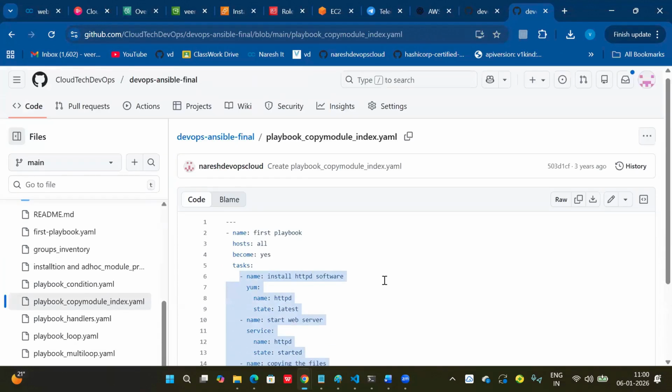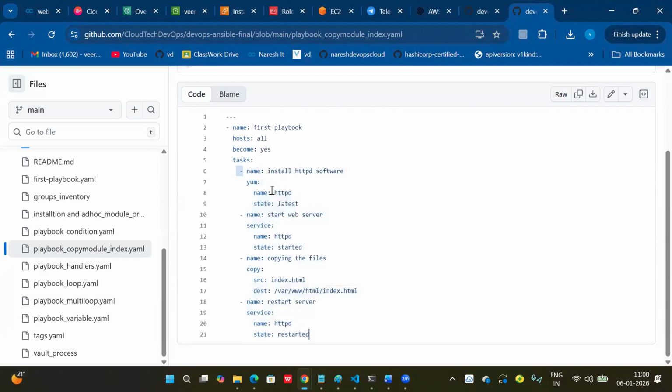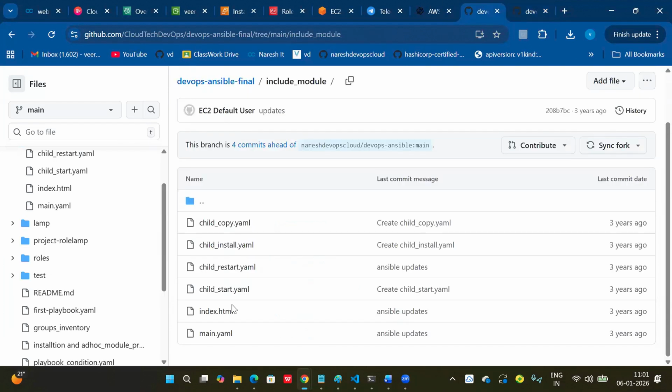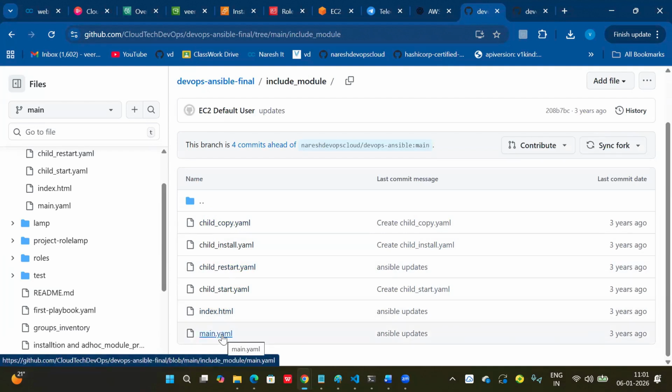The include module concept is what? We can separate these tasks into child YAMLs. Okay, you can see here: child start.yml, child install.yml, child copy.yml, child restart.yml. Here index.html is also there. Here main.yml is there na?